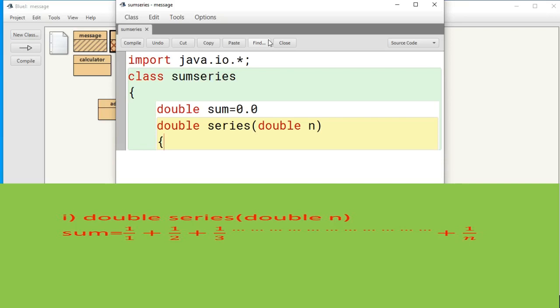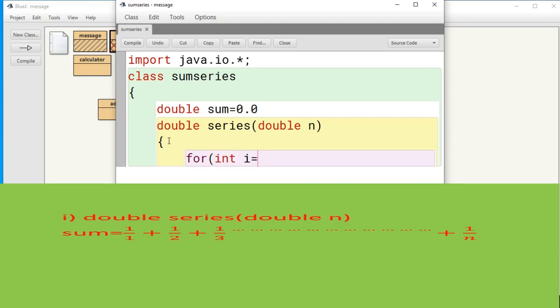Then we have to find the sum of the series 1 by 1 plus 1 by 2 plus and so on. Then with the help of a for loop, always we are doing this. If you want to find the sum of the series, we are using the for loop. We know int i is equal to 1.